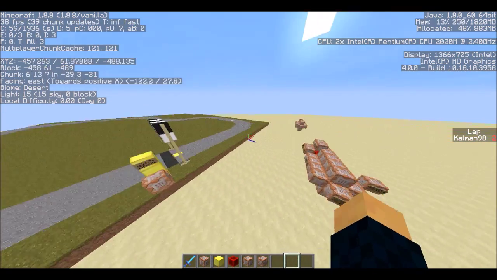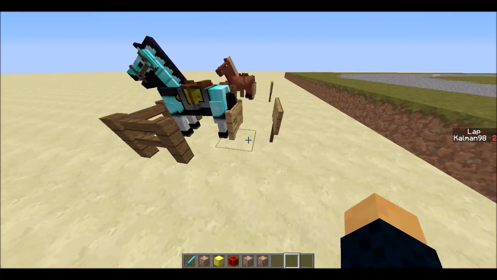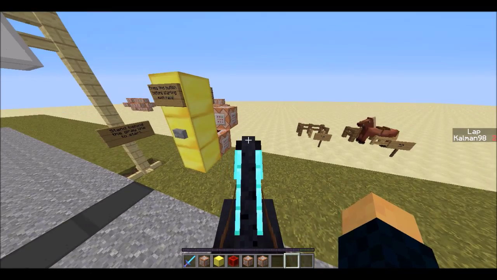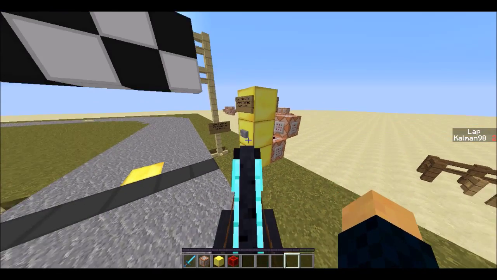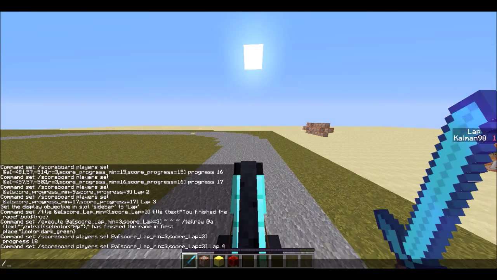So we can go ahead and test it now. Remember, this one is shut off, so that's not going to get in the way. So I'll just get my horse here and clear my inventory. I'll just get it off my hotbar. Ah, can't shift click when you're riding a horse. Okay, so reset scores. I have a lap score of 1. Across the finish line, I'm still on a lap score of 1. I'm going to do scoreboard, objectives, set display, sidebar,